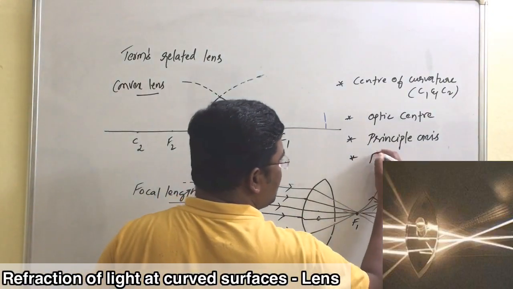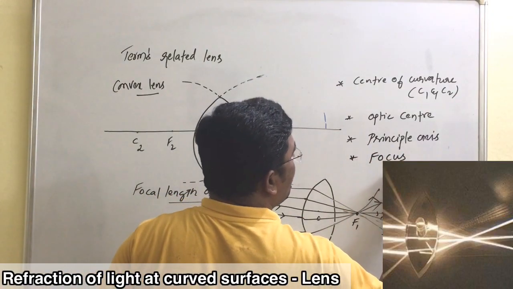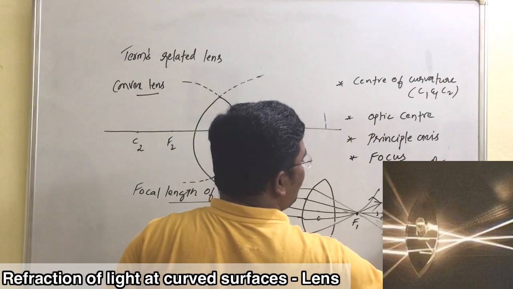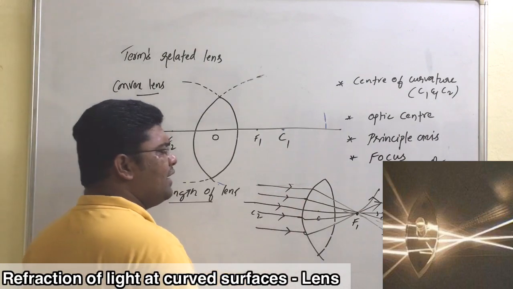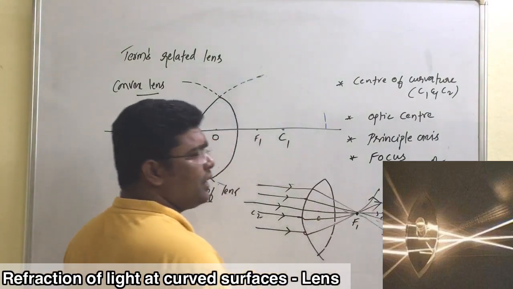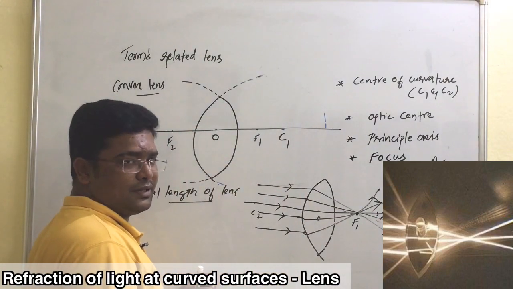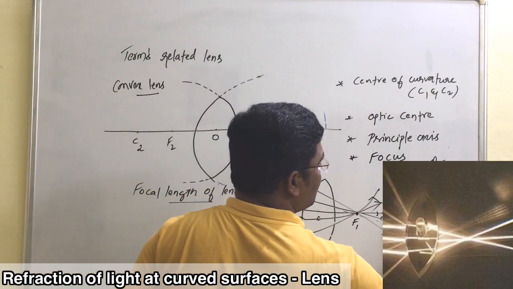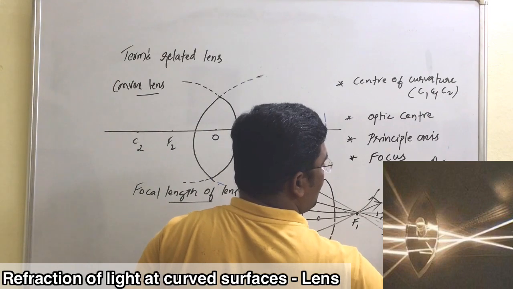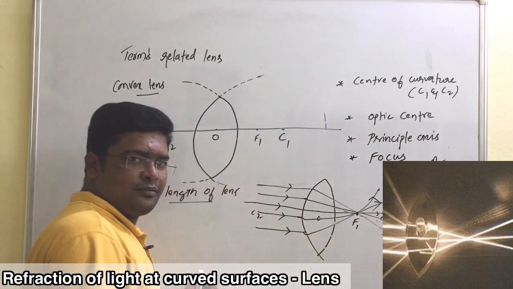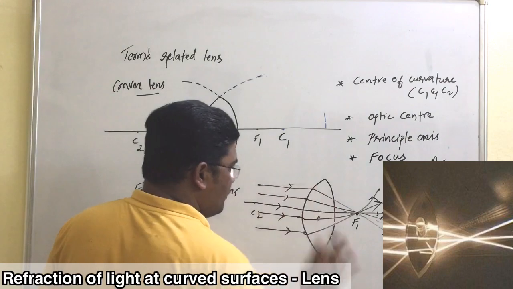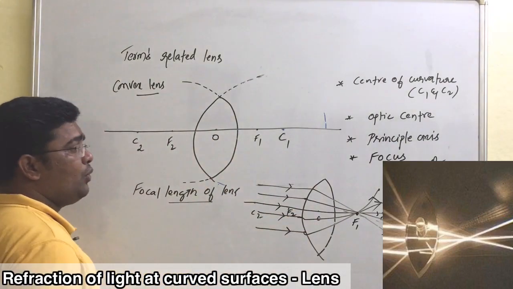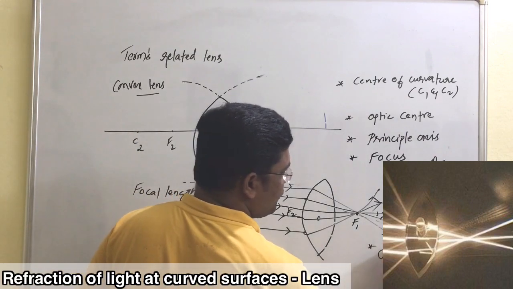Now what is focal length? As I said, focus is now very clear. So what is focus? Point of convergence. You can very clearly see here all the refracted light rays are intersecting at a particular point on the principal axis. That point of convergence on the principal axis we call the focus. That is F1 and F2. Here you can find F2. Now what is focal length? The next term is focal length.